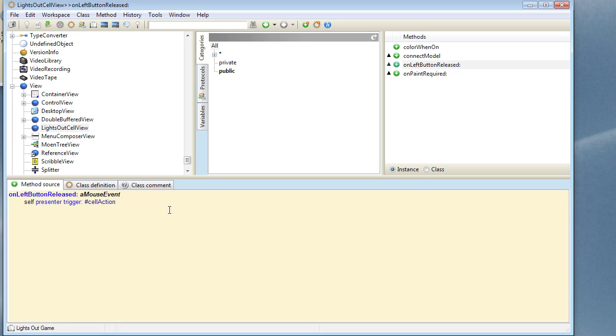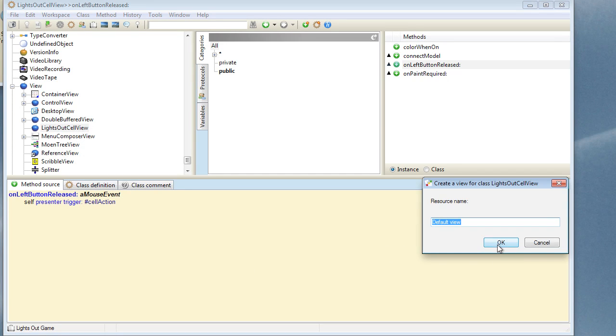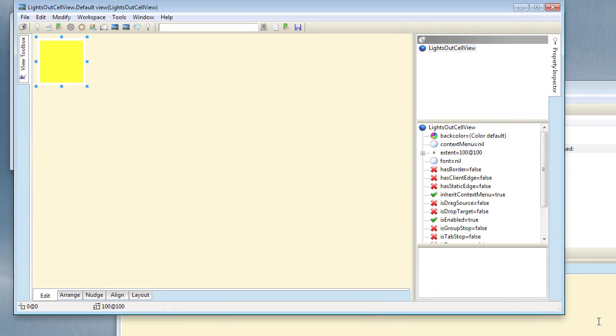So that's just about it for the view, I should say. The next step is to create an instance of this view in the View Composer, and then attach it to our presenter, our LightsOutCell class. So the way to do that is to right-click on the class, choose Views New. We can accept the default view name, and you'll see it's come up,